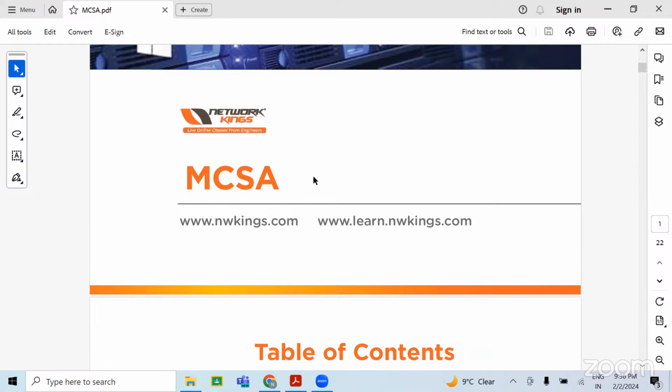Let's say you want to build a web server. In that case, you must be aware of how to build a web server, how to host a website onto it, how you will be able to make your website available for your customers, and along with it, how you will be able to configure load balancing for that website, network load balancing basically. All these things can be performed on servers. This is just a small example. We have multiple things that can be performed.